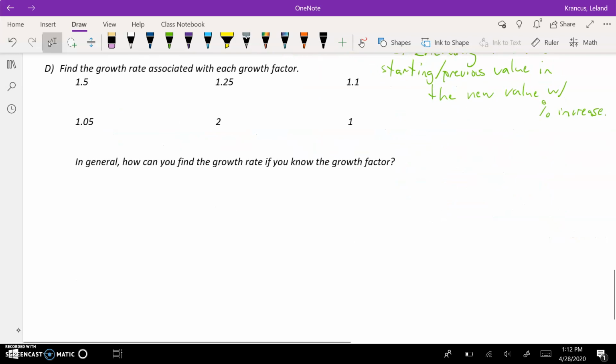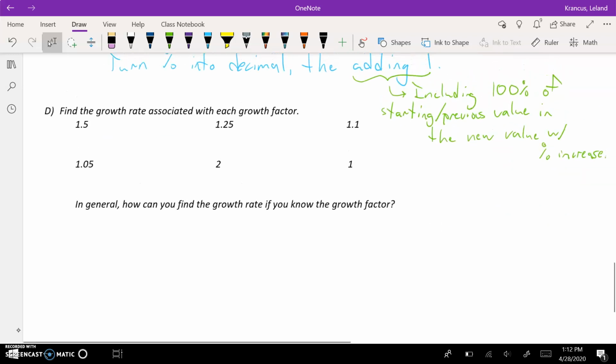So in the next set D, we're just going the other way. We're going from the growth factor to the growth rate. So we want to get the percent. And again, I'm going to use that example $100. So you want to think, if I took this first one, the growth factor of 1.5, I want to know what the growth rate is. Growth rate just means what percent it is going up by when I multiply a value by that growth factor. So if I have $100 and I multiply it by 1.5,